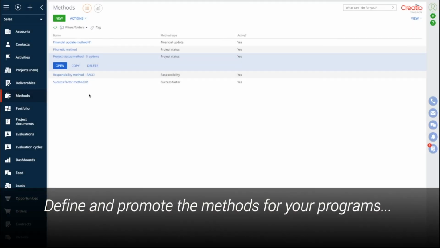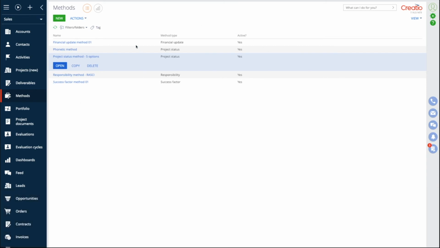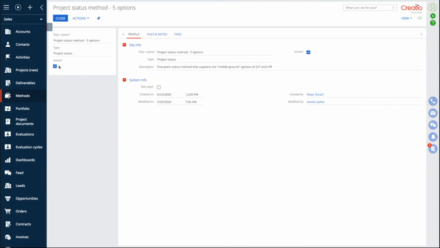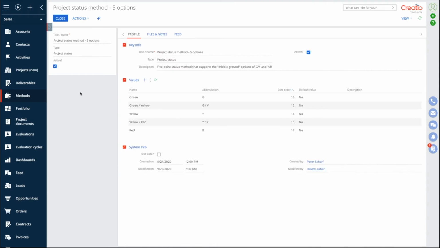We saw in the Project Setup tab that we can choose methods for success factors and reporting statuses. These methods get set up and made available system-wide in this methods section of the application, just showing that if a given project feels that red, yellow, green is not sufficient and wants to have green, yellow, and yellow, red available for reporting, that's entirely feasible.